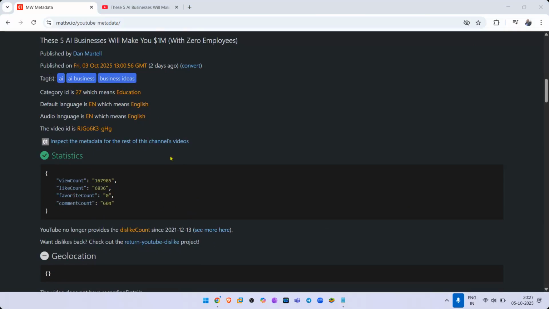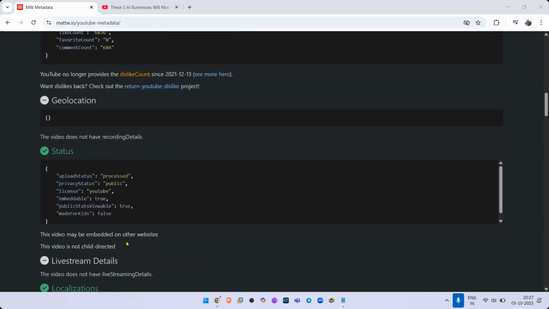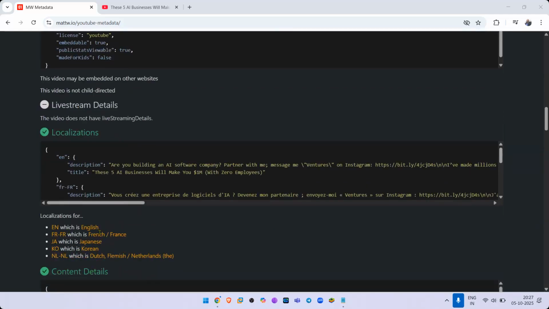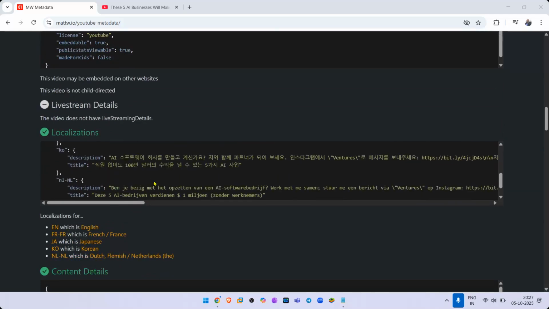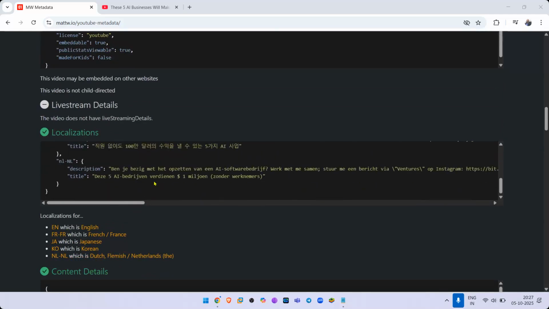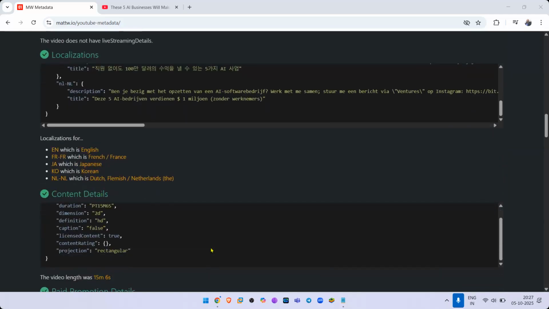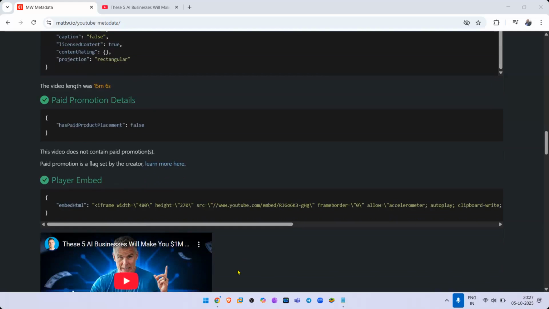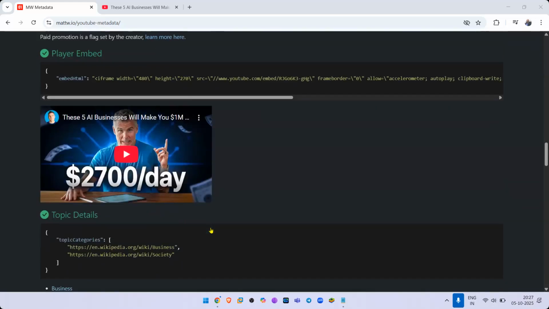So these are the tags that I am looking for: geolocation, live stream details. Which language is it? It's in English, it's in French, it's in Japanese, it's in Korean, it's in multiple languages. Okay, Dutch and Finnish. The duration, the title. Does it have any paid promotions? What is the player embedded?